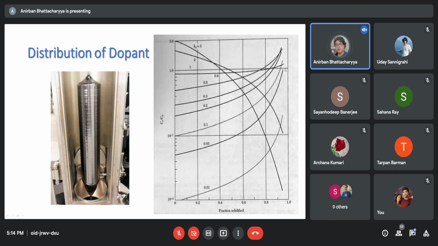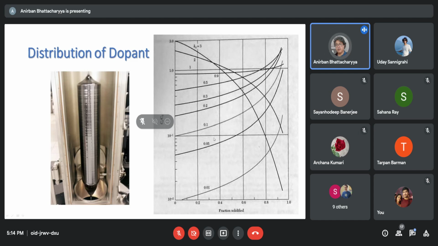For K equal to 0.5, the concentration of impurities in the solid is initially 0.5, and then it goes up and up because it's a log scale. Similarly, if you go to 0.1, initially it's 0.1, but as the fraction gets solidified, it goes